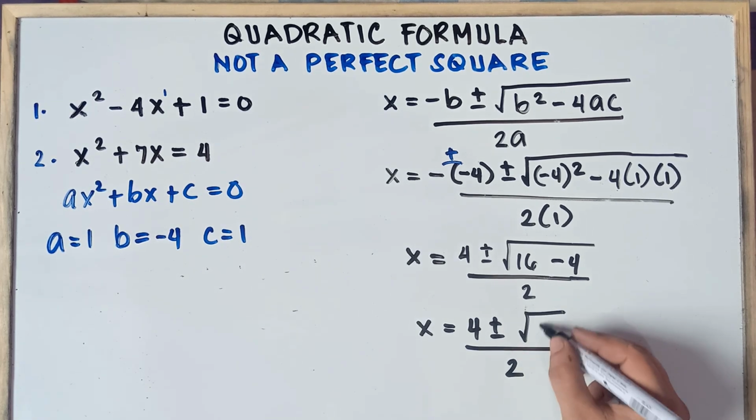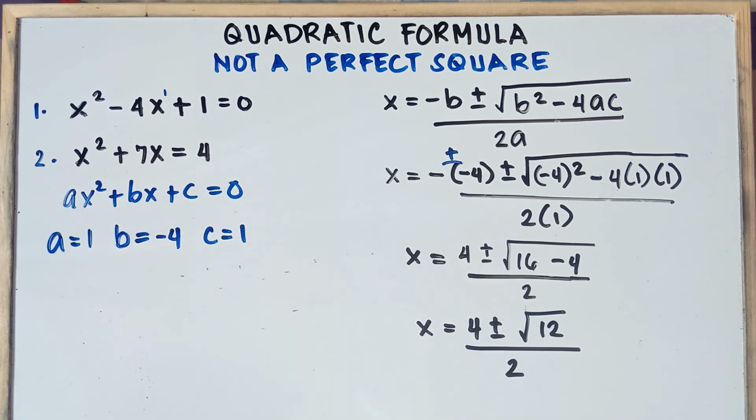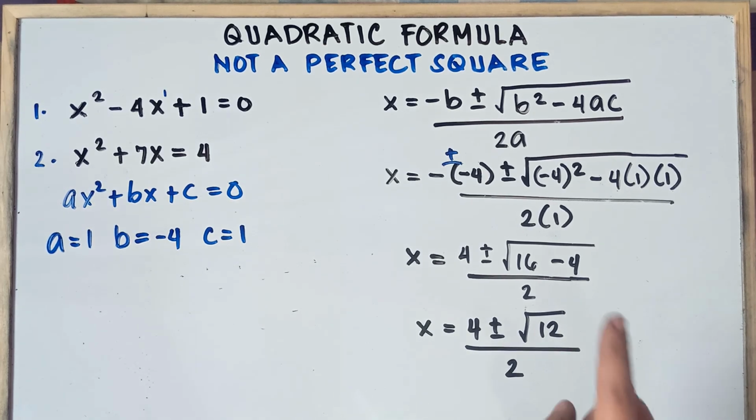So copy square root of 12. Now question, do we have square root of 12? Nope, we don't have square root of 12. Next question, can we simplify square root of 12? Yep, we can simplify square root of 12. By what means, sir? Now you find two numbers, class, that when you multiply the two numbers, you will get 12. One number is a perfect square, the other is not.